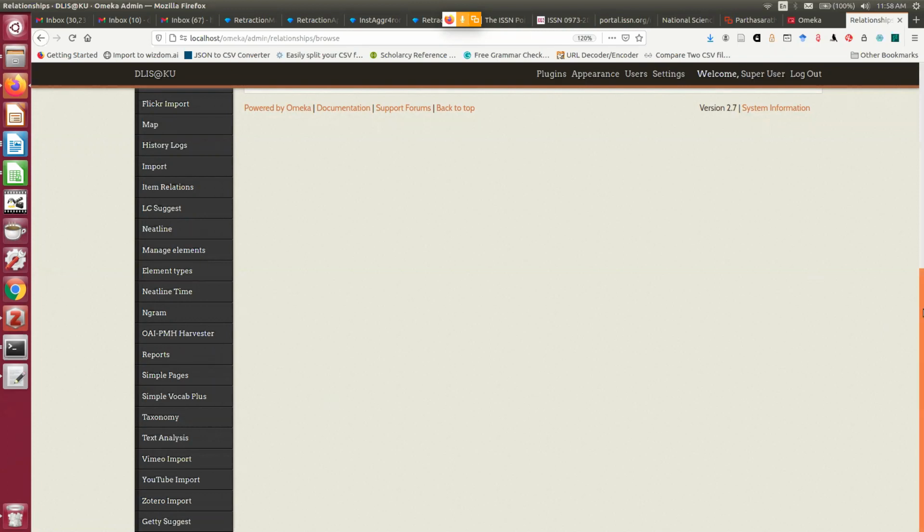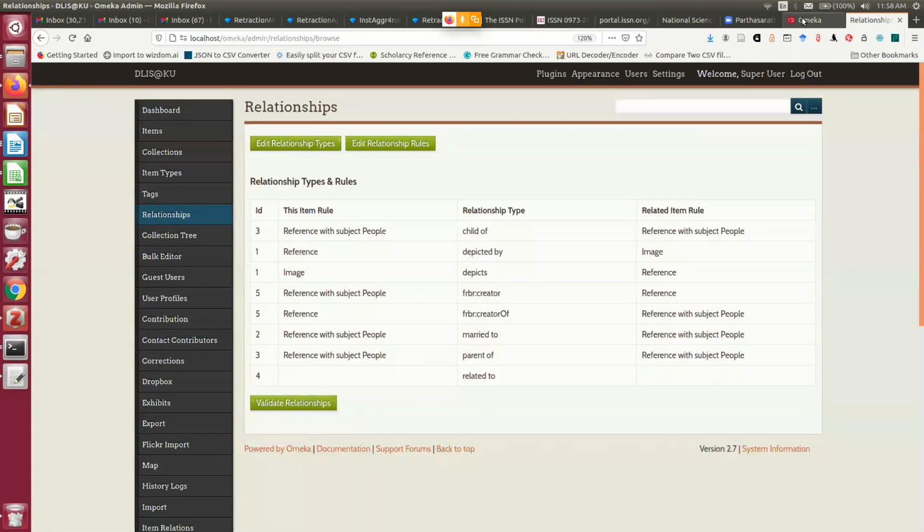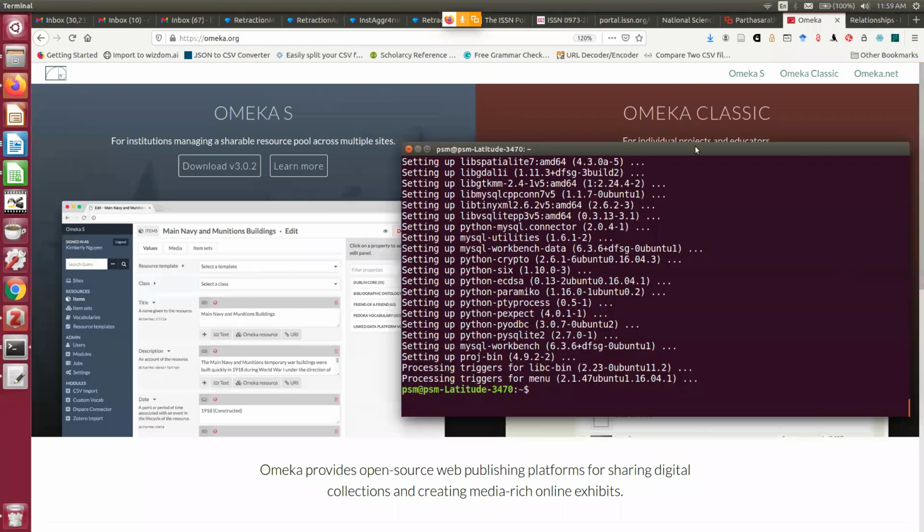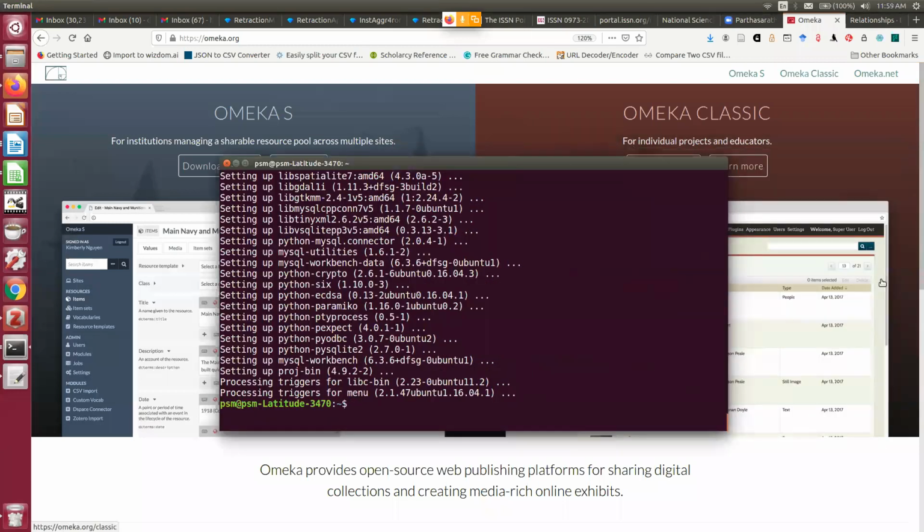So let us again go back to what has happened to our MySQL Workbench. It is now installed. The moment your MySQL Workbench is installed, you can click. MySQL Workbench is not required. It is not essential for handling your Omeka or Tema trace, but it will make your life easier. You can see how it will be possible.